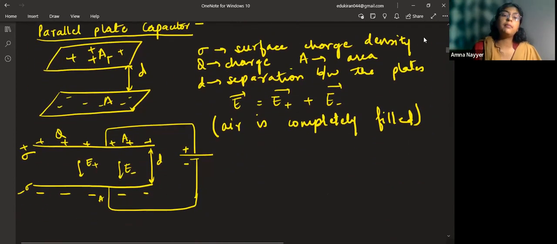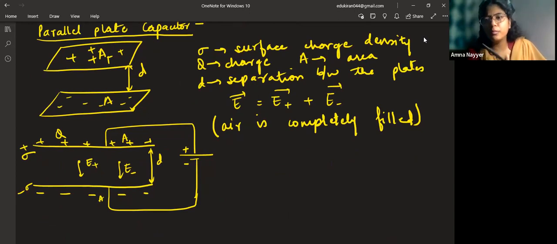Now coming to this part, parallel plate capacitors. Everyone should be alert and all of you should be responsive. See, two plates I have taken, right? Two plates I have taken, parallel plates, and I have kept them parallel. Separation between both the plates is small d. Fine. Separation between the plates is d. Charge on the plates is q.